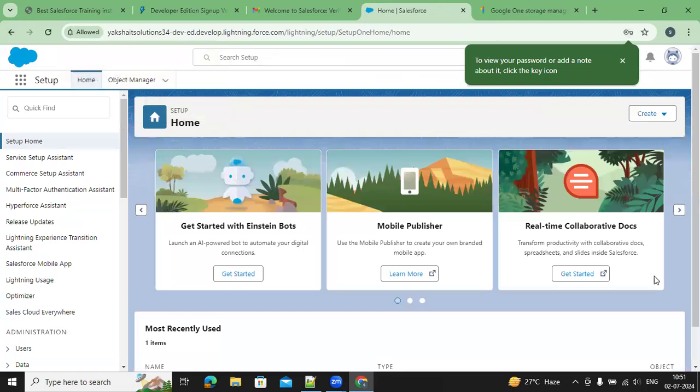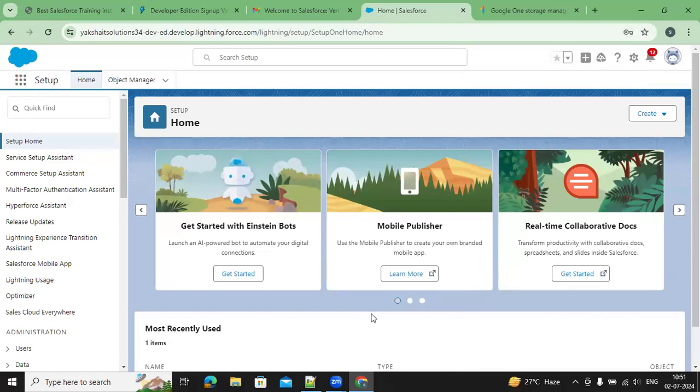So this is the Salesforce account. This is the Salesforce Cloud logo, and there is Setup. I will explain each and everything here. But before that,